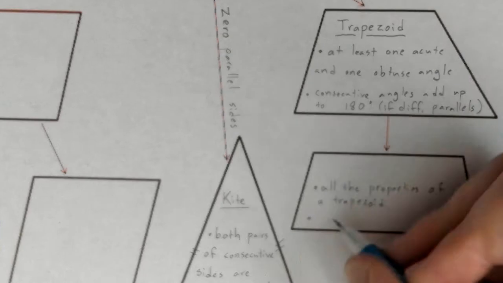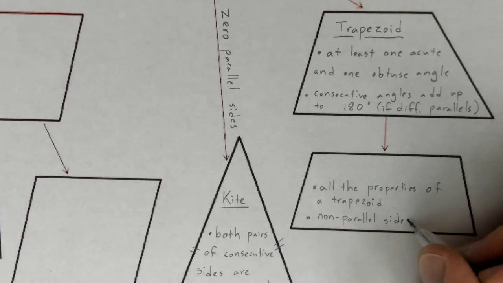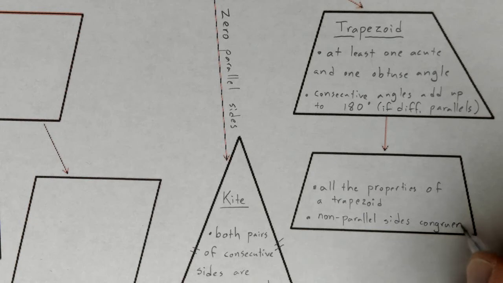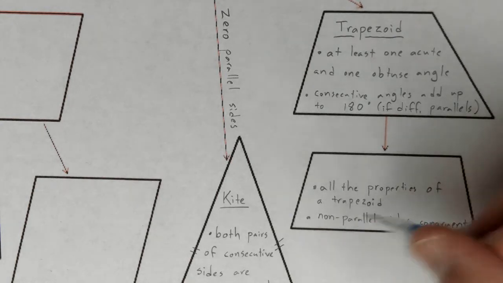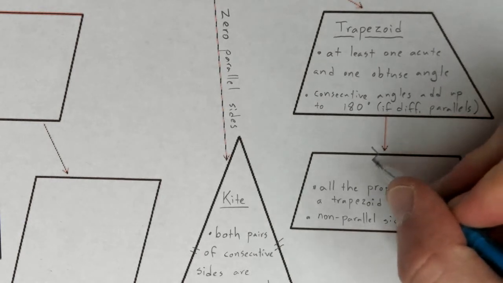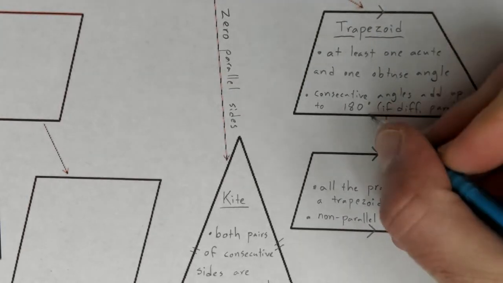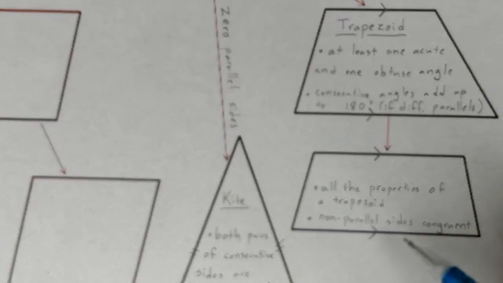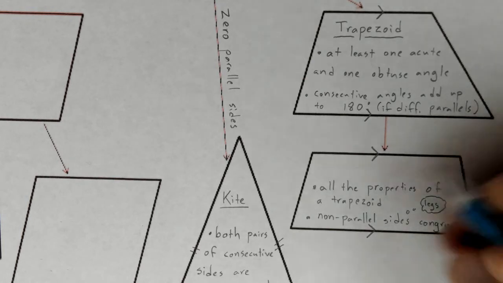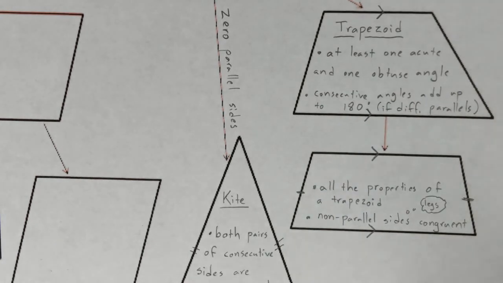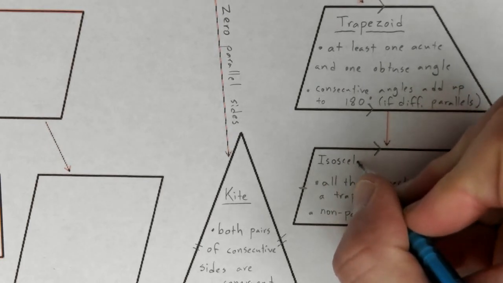and excuse me, non-parallel sides are congruent. So everything up here and non-parallel sides are congruent. This is a parallel, and this is a parallel. And really, let's make sure we mark that on this one too. The non-parallel sides, call those the legs. If the legs are congruent, if they are equal to each other, then this is called an isosceles